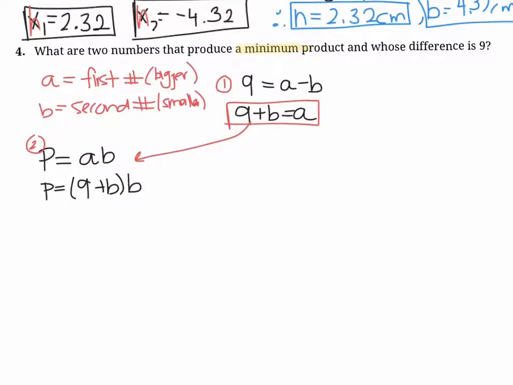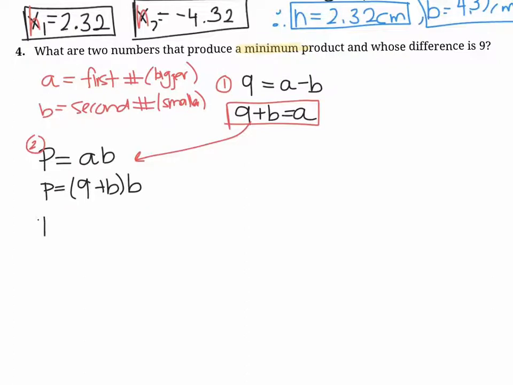If you ever get in the middle of a problem and say, what am I even finding? Go back to the question. We're looking for a minimum. What does that mean? We're looking for a vertex. So don't freak out that we don't know what the product is. It's not like the question we did above because we're not solving this equation. We're looking for the vertex.